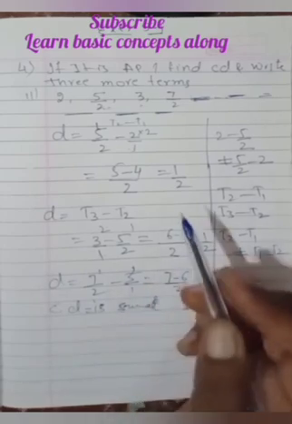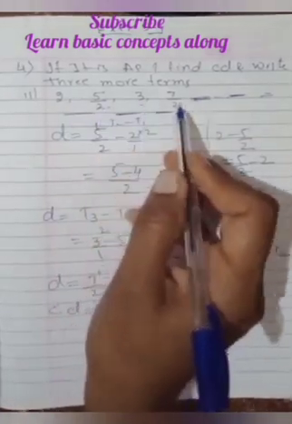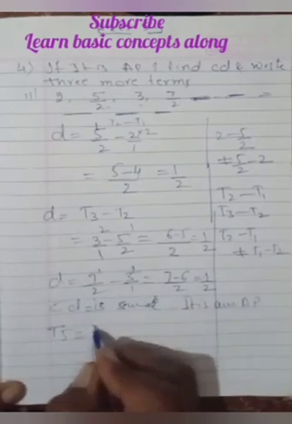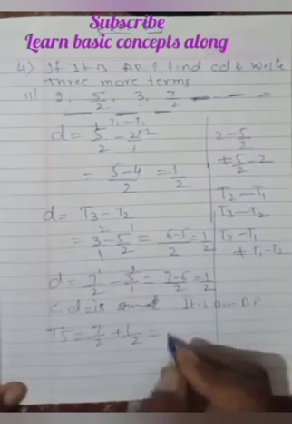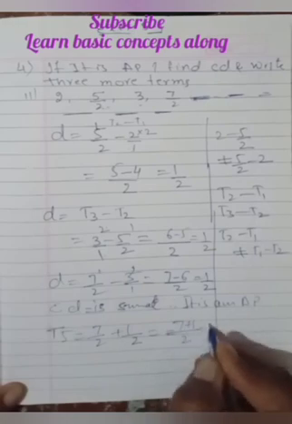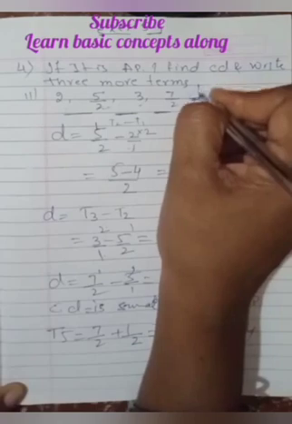Simple, you write systematically. Okay, next you have to find the next 3 terms, which means you are adding the common difference. This is the first, second, third, fourth, fifth term. T5 is equal to 7 upon 2 plus the common difference you are adding. Then you are going to get LCM 2 only. Then 7 plus 1, that is equal to 8 upon 2. 2 4s are 8, so the next term you have got is 4.